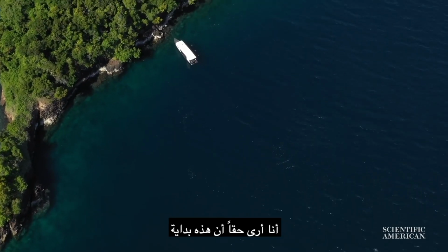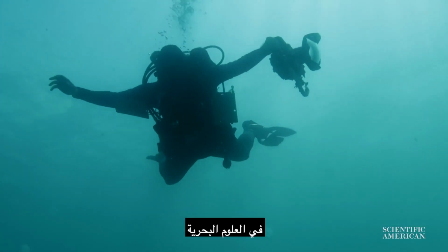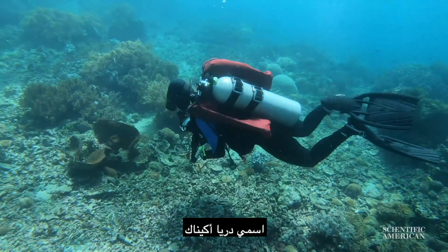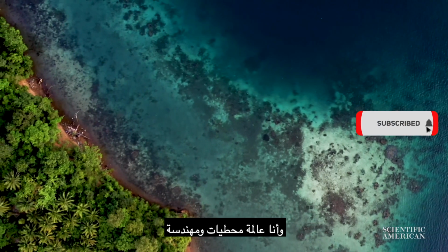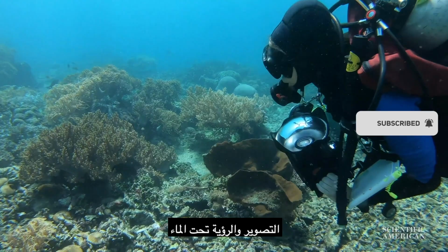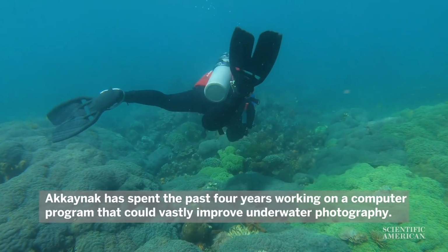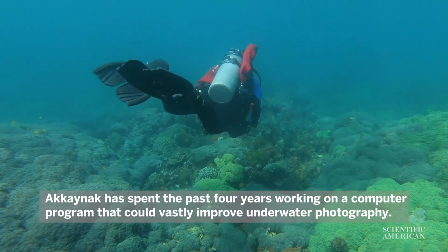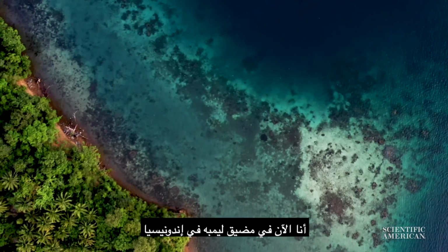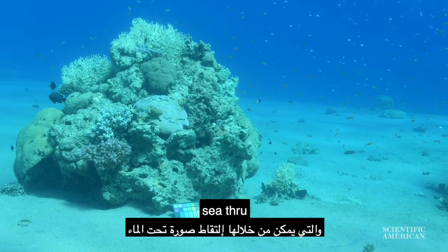I really see this as the start of the artificial intelligence boom in marine science. My name is Derya Akkaynak and I am an oceanographer and engineer. I specialize in problems of imaging and vision underwater. I'm now in the Lembeh Strait in Indonesia to test a new algorithm that I developed called Sea-thru, which takes